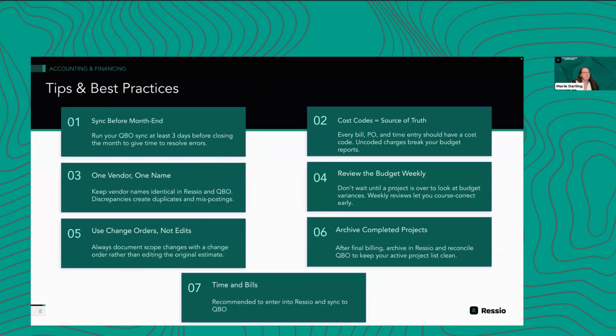Okay, so the first tip there, definitely make sure that you're syncing before month end. We don't want to get right to the end of the month and realize that we have a data problem that's been stacking up. Most of my builders are making sure that they're synced at least weekly. Usually a consistent day of the week that they're going and looking at their budgets. Definitely a good time to sync everything.